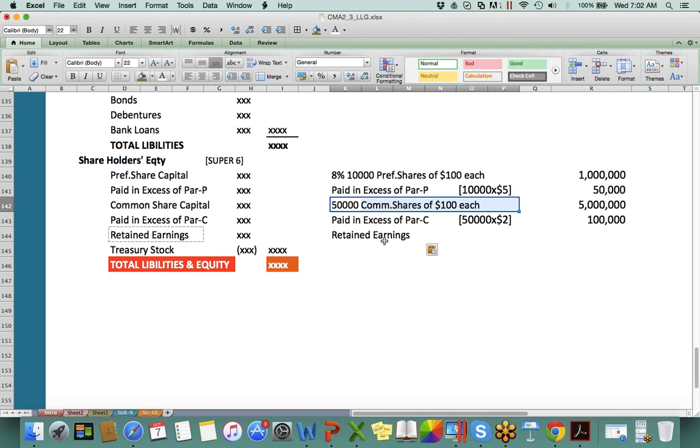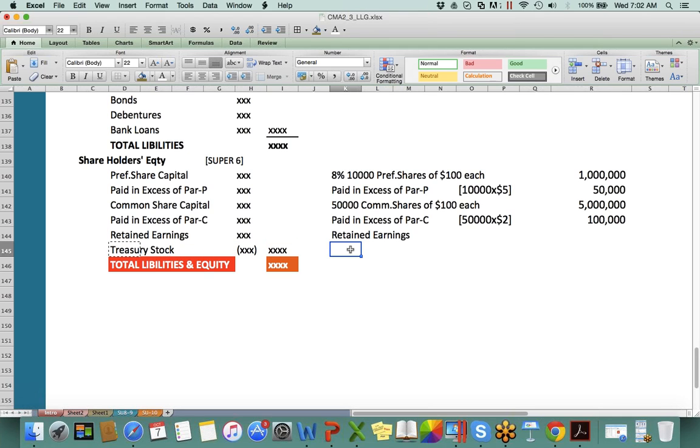Companies are allowed to buy their own shares to some extent, like 2% of shares, 1% of shares. How many shares did I mention here? 50,000. Say this company is buying back 2,000 shares. So treasury stock will be